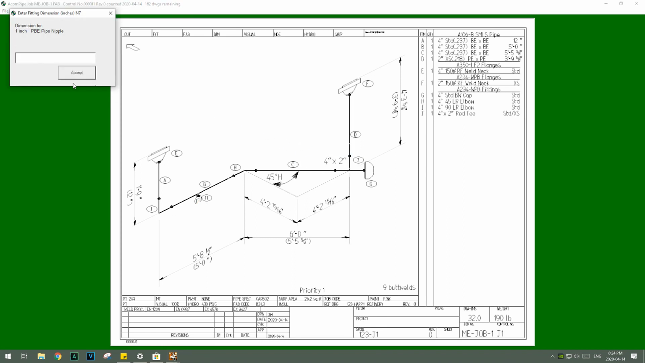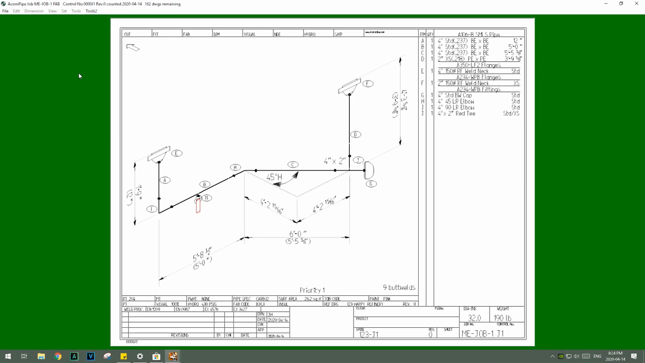It's asking me for the length. I don't have to say anything complex. If I say 4, it understands that I'm thinking of inches. Accept. Okay, so then I, again, can orient that